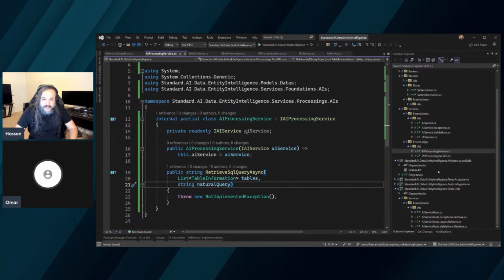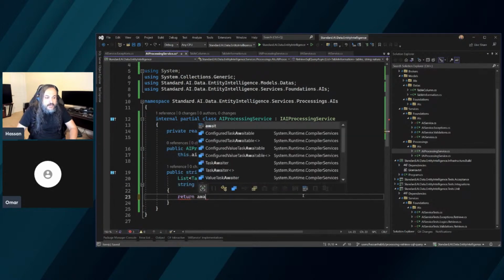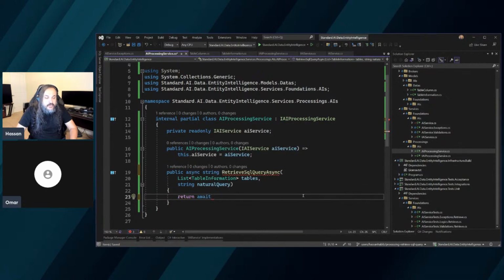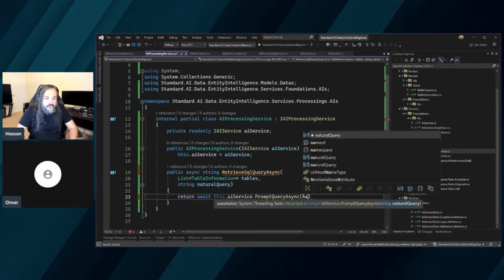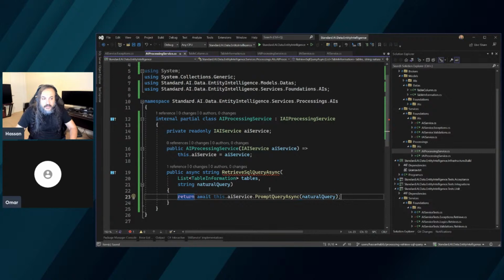No, you were saying, why do we spend that much time writing a test? Yeah, my man, I could just go up in here and just say await, and I could just go and say this dot service natural query, and here you go. Why are we complicating things, Omar? Why are we making things harder for ourselves? I know it's a trap, but